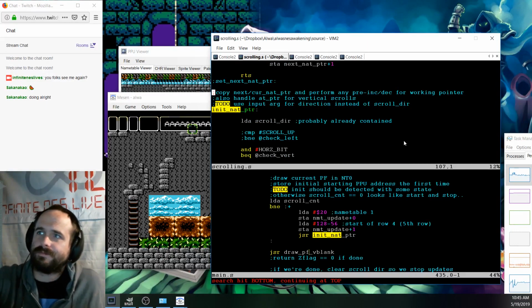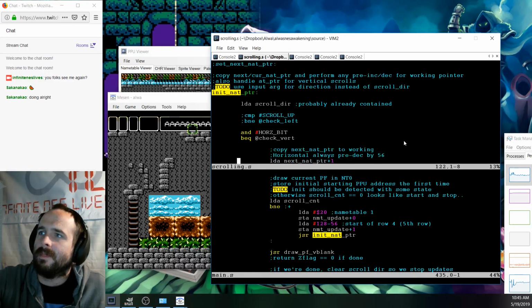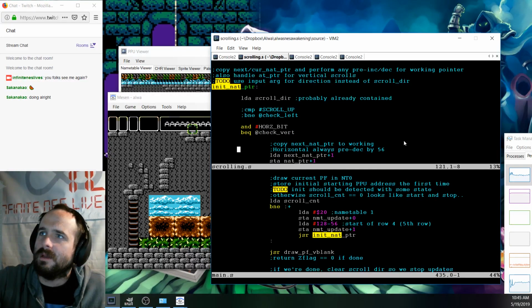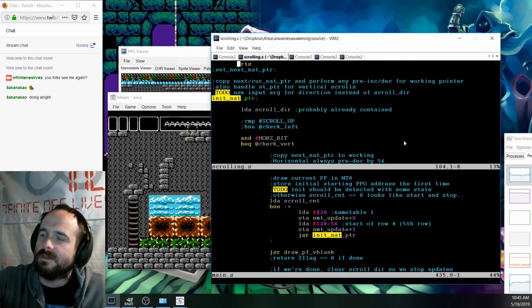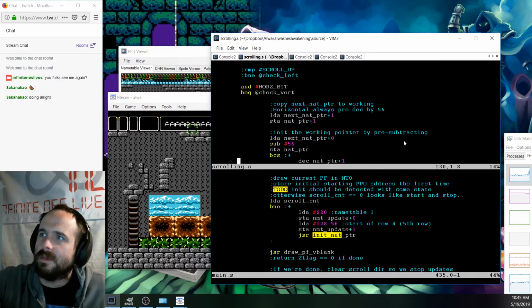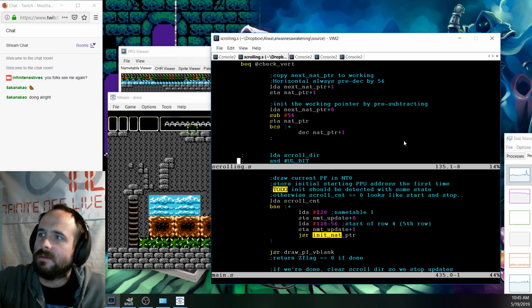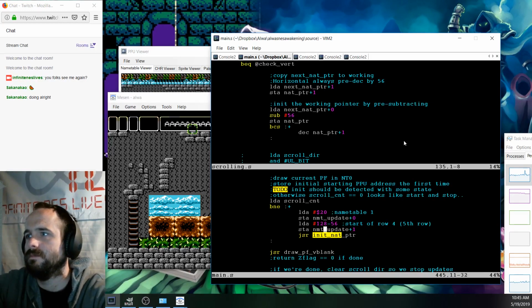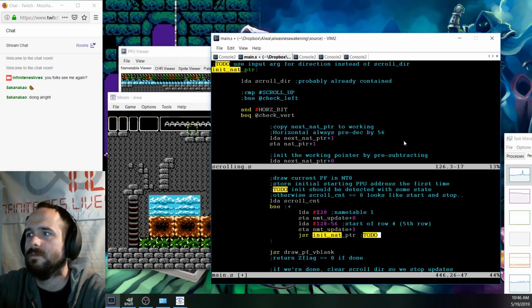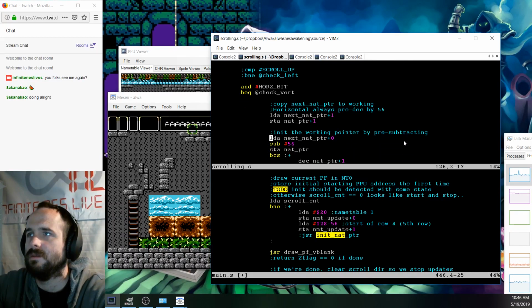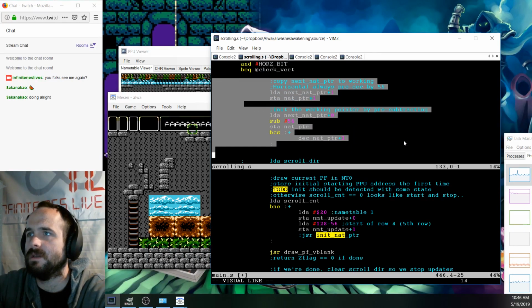So yeah, I need to change this so it has arguments because I don't want it based on the scroll direction. I just need to copy, yeah. I want to get it working first and then change the function. So we're using the current